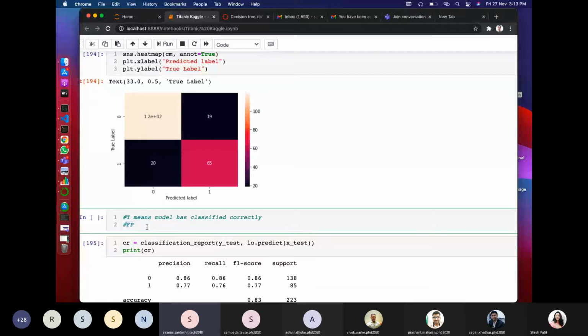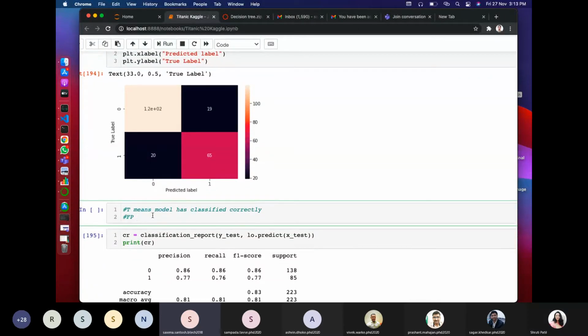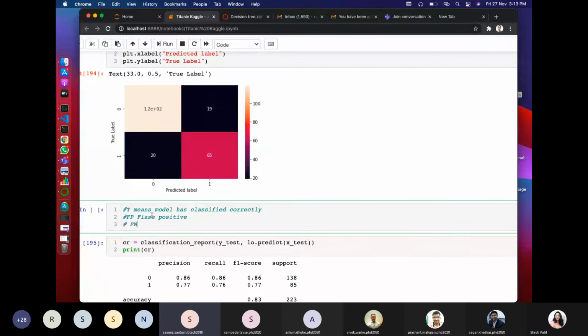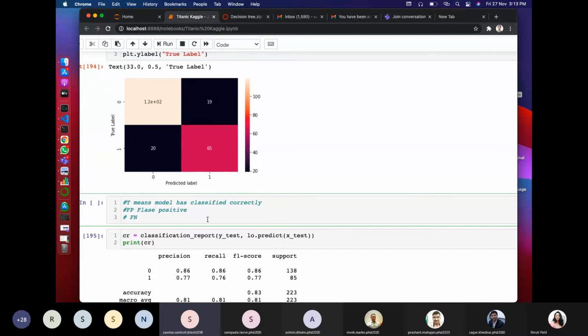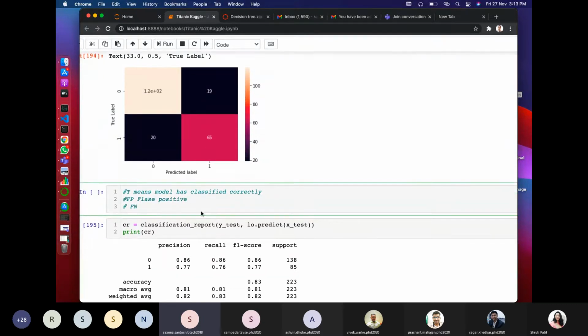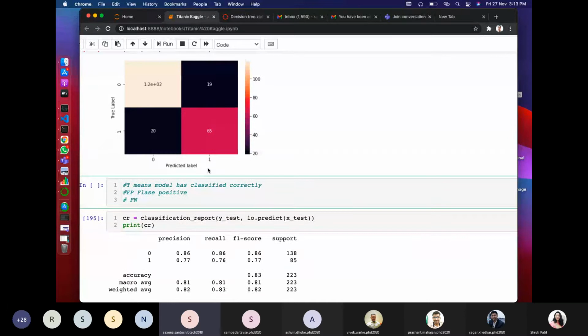So it is false positive when the machine says survived, but the person actually died. Similarly, false negative is where the machine says the passenger has died, but in reality the passenger survived. So these are all the cells available in the confusion matrix.